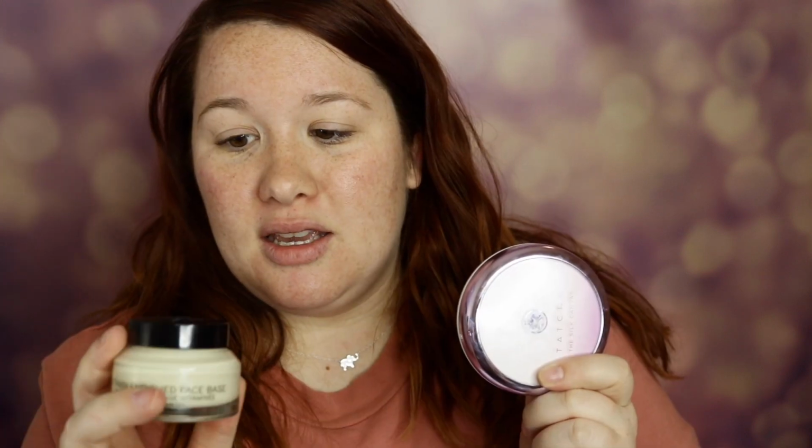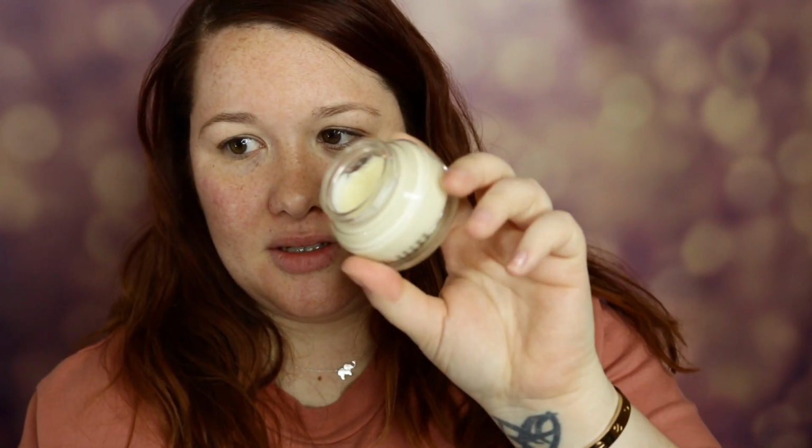So this is the Bobbi Brown Vitamin Rich Face Base, and I did this in a first impressions and I have loved it ever since. It's more of a moisturizer than a skin prep type pore filler. It doesn't fill your pores. It's just kind of an extra level of moisturizing. You don't use that much, and I've had it for quite some time and I'm still like,